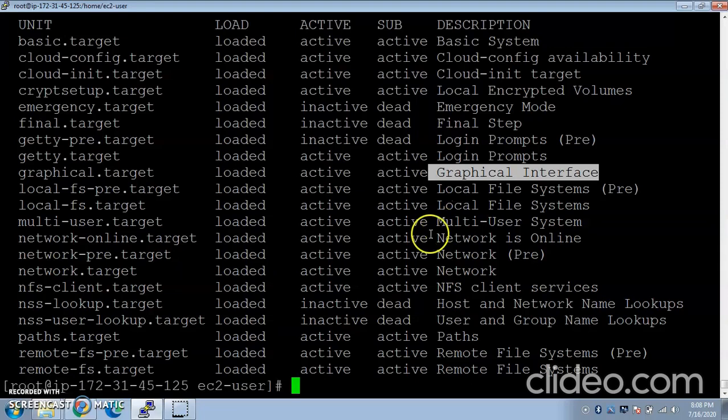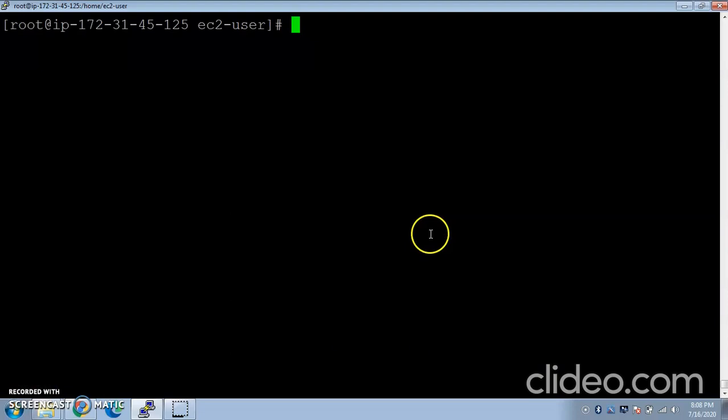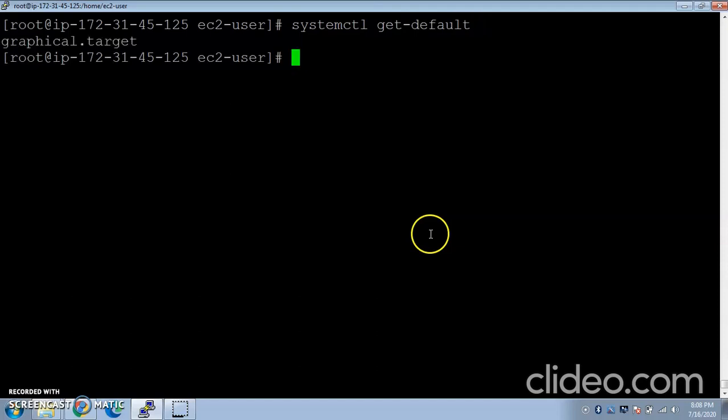So how do I check in which mode my system is working? It's very simple. systemctl get-default. Just type this, and you would know in which mode it is. It's graphical.target right now. In case I want to change it, remember, get is to get the info, set is to set the info. It's very simple. Red Hat Linux has made things very easy. The way you talk or the way you understand a sentence, so are the commands. I would say systemctl